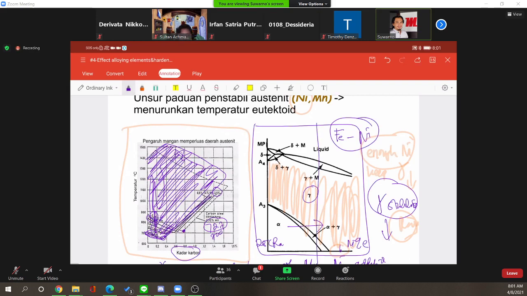If you have nickel not more than this point, it is easier for you to make austenite and quench to make martensite here. However, if you have too much nickel from here, then you cannot form martensite on this side because it's always stable at room temperature. It's not possible. So it means that if you add a nickel